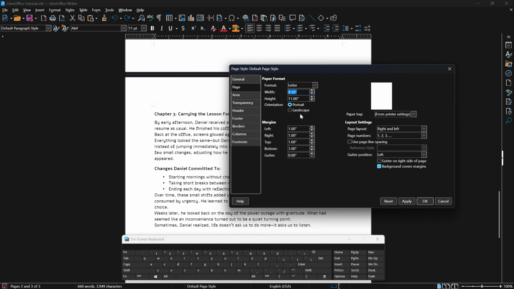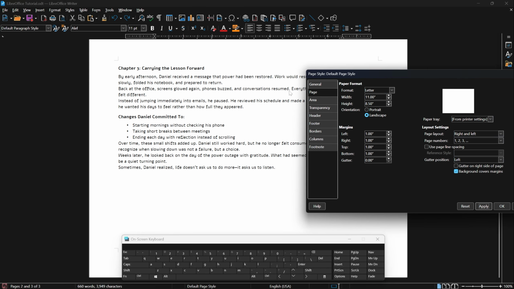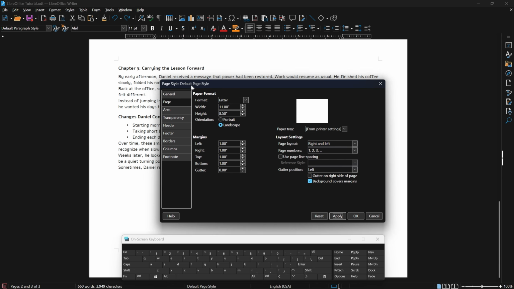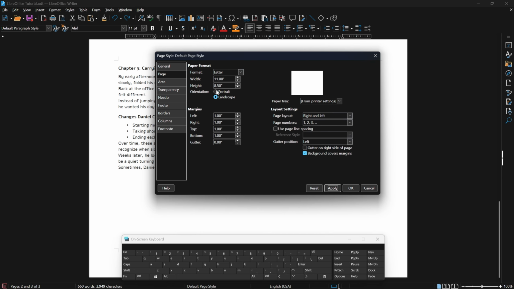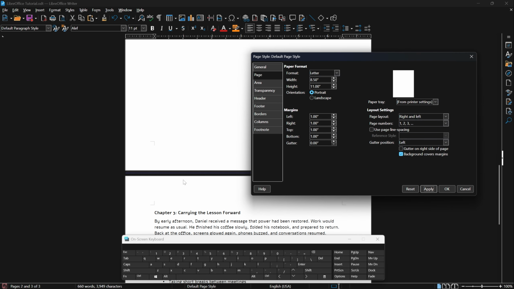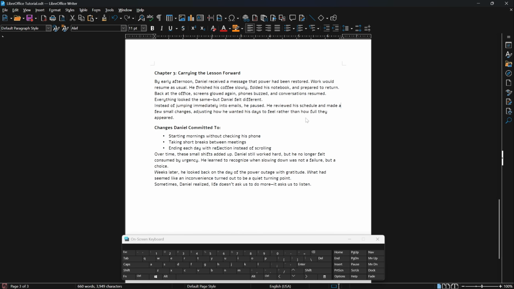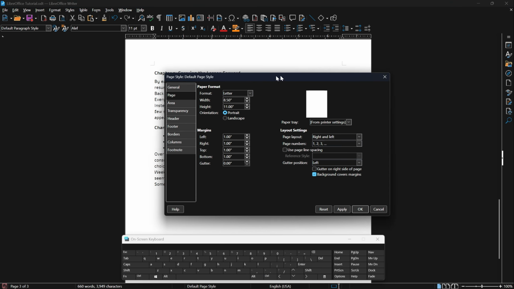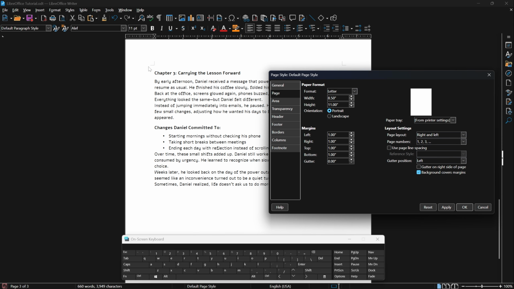Now, with regards to page orientation, so you have the portrait here, we have landscape as another option. So if we want to try that, I'm going to hit apply, and you can see that now it is working. So now this is more on landscape, but we're going to go back to portrait, and the margin is here. So yeah, let's go ahead and scroll down this a bit. There you go. Go back there, Alt Shift P,